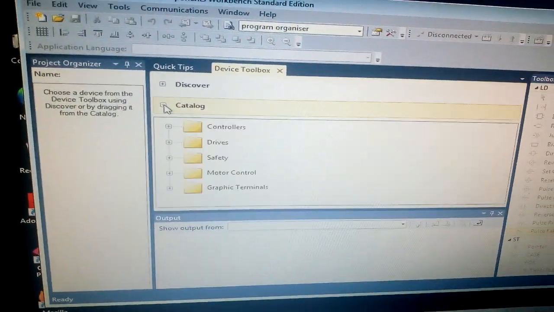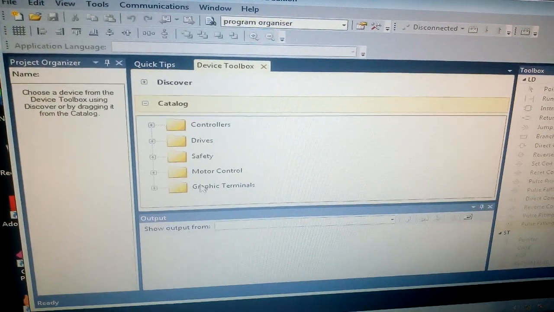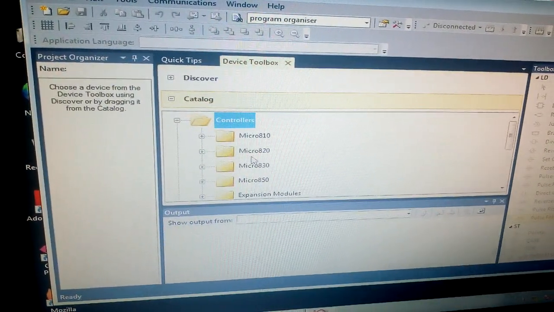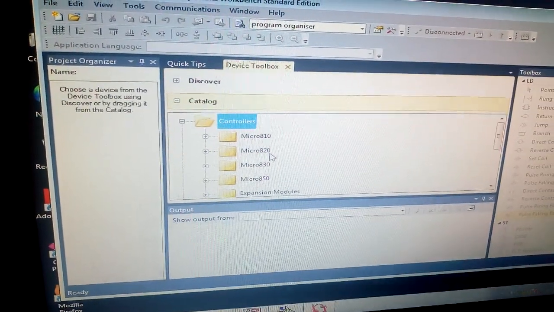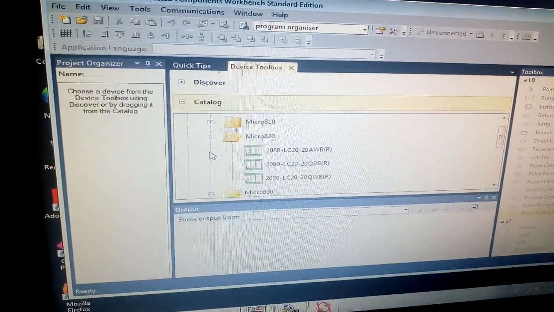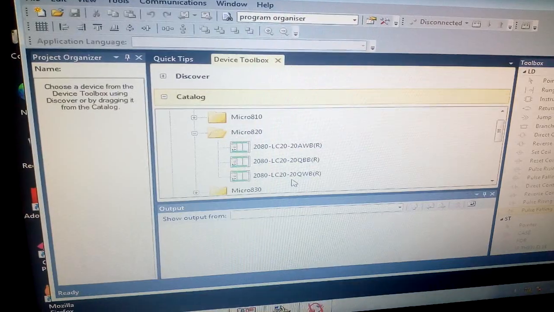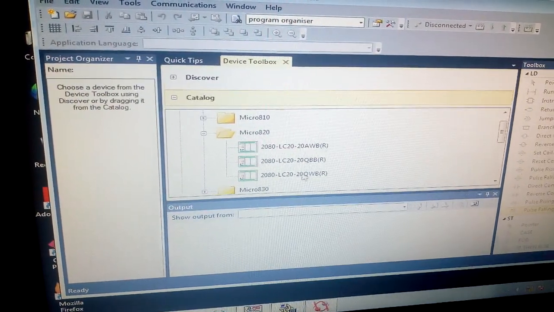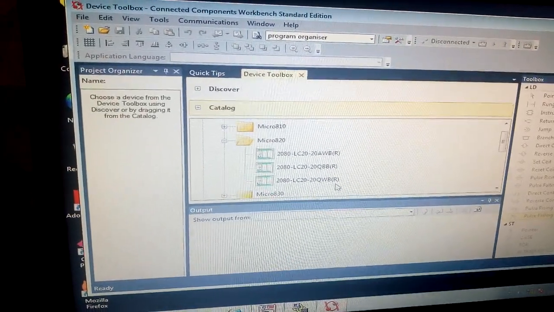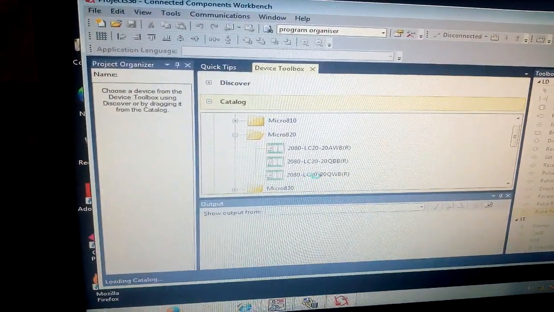First expand the catalog, then controllers. Our PLC has the Micro 820 controller. The microcontroller we are using is the 820. In that we have different controllers. Out of that we are going to use the last one, that is QWBR. Just double click on that.